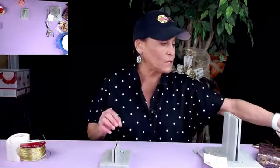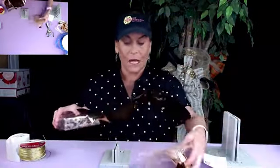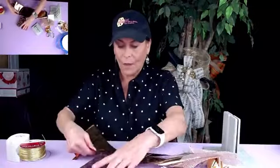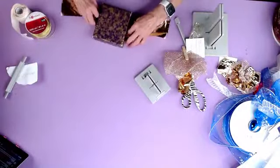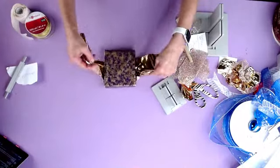So I'm going to take my mini Bowdabra again, and I'm going to show you how to make this cute little bow using our Bowdabra scrunchie ribbon and our Bowdabra blush ribbon. So the first thing I'm going to do, I've already wrapped this present, and I'm just going to take some of our Bowdabra scrunchie ribbon, bring it up here,